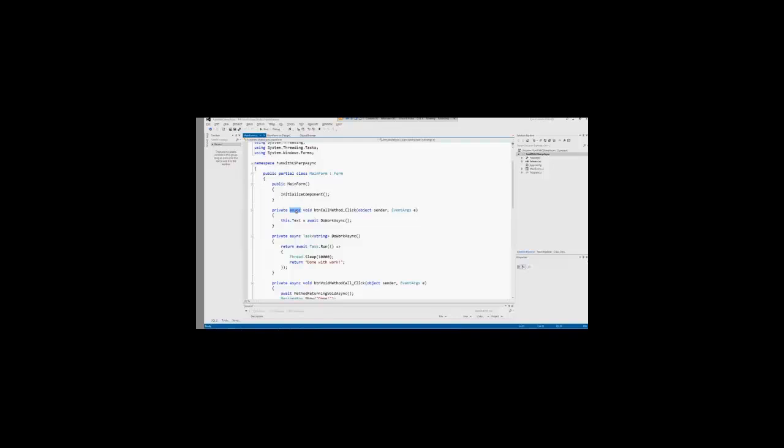So if the user clicks this button, I want to start a task asynchronously. First thing I'm going to do, I'm going to mark this method with the async keyword. Look at what I'm going to do. I'm going to set the text property of the window to the return value of this method, but I also decorate it with the await keyword, right?